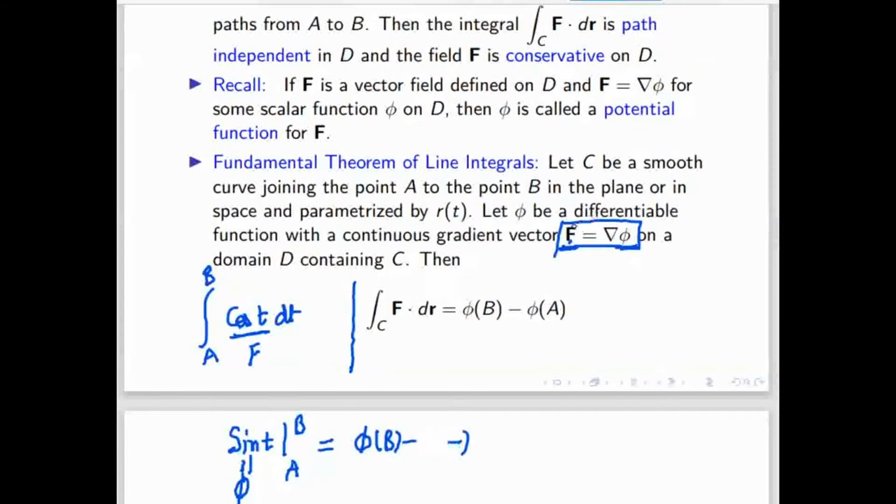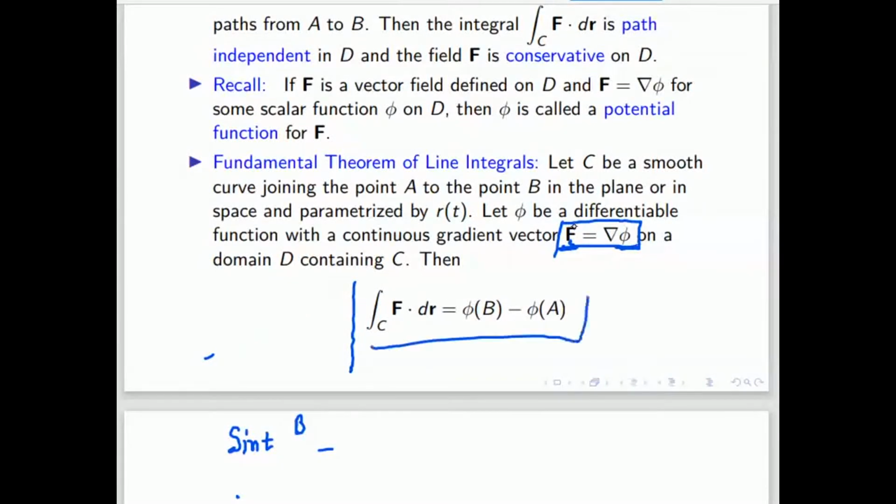And that is possible only if it is a conservative field. For a conservative field, F equals gradient phi. Like, not every line integral can follow this fundamental theorem of calculus. It will follow only when F equals gradient phi. That means we can say that it is the integration of something, but it is not actually integration. It is F equal to grad phi, similar to the integration in calculus.